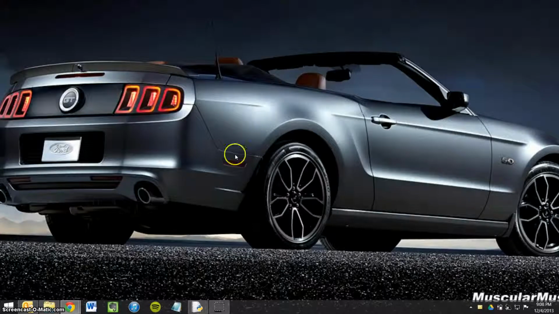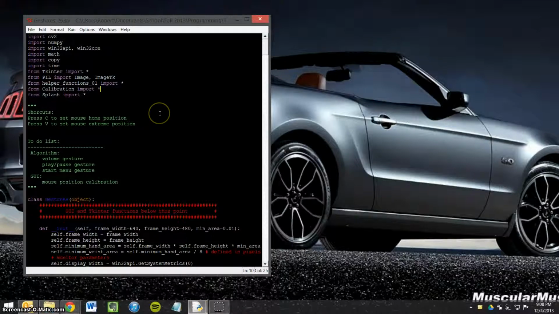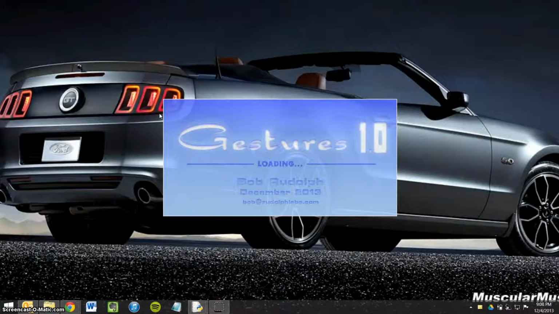This is my project, Gestures 1.0. It is a utility that allows the user to control the mouse using the webcam, and I shall run it. There's my splash screen,